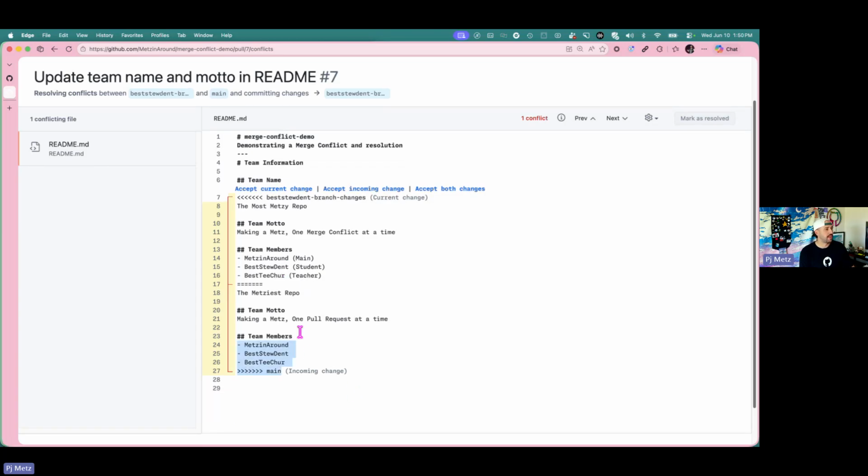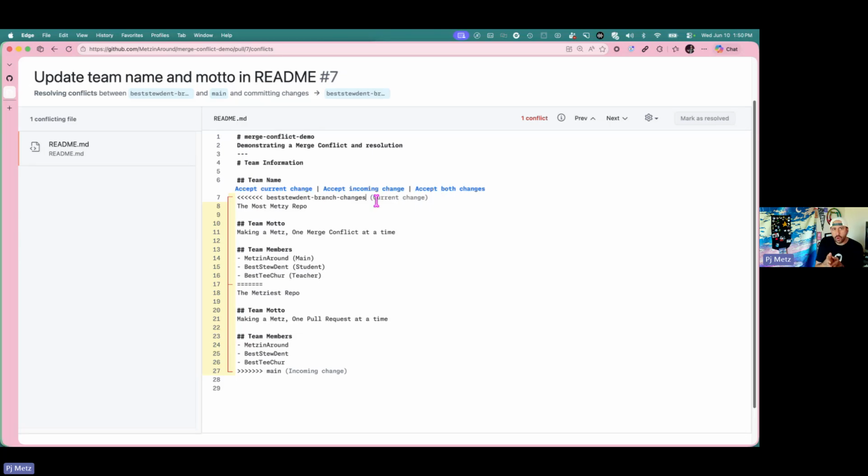Now, this is all a very new looking thing for a lot of y'all. What this is showing me is, hey, this section from the angled brackets down to the dash at line 17, that's the best student branch, okay? That is the, quote, current change.